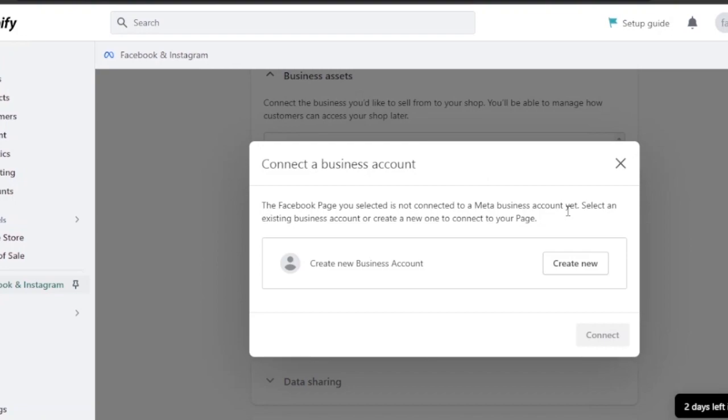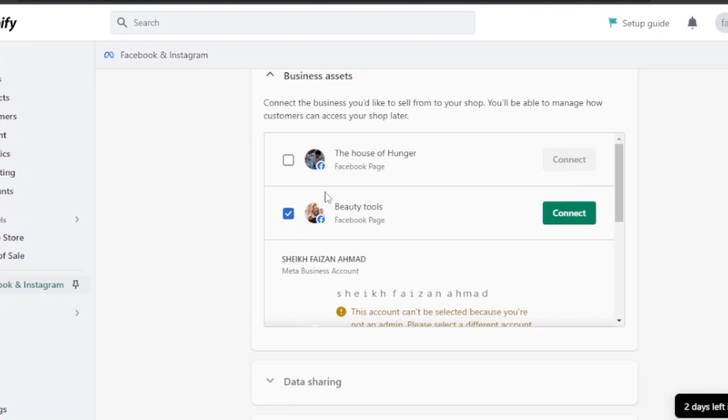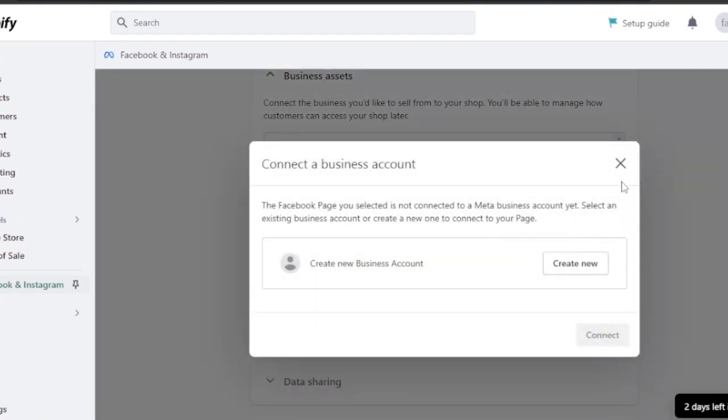and Instagram on Shopify. And if you want to connect your business account, it says your Facebook page you selected is not connected to a Meta business account yet. Select an existing business account or create a new account. So to connect your Facebook and Shopify, you have to get a Meta business account on Facebook. And right now both of these pages don't have a Meta business account. So I'm just going to try and click on this one, but it doesn't say that I can connect it